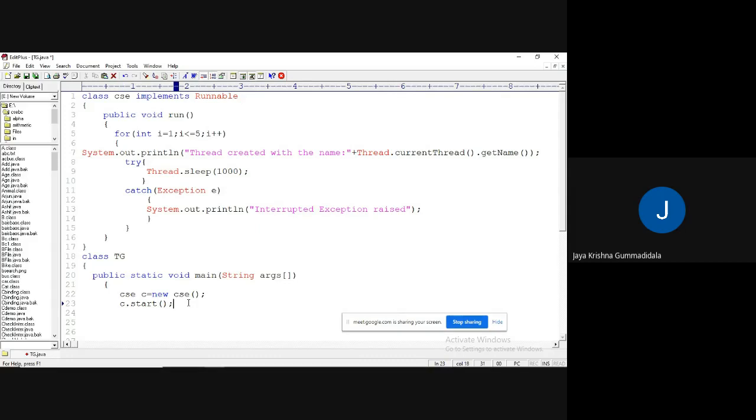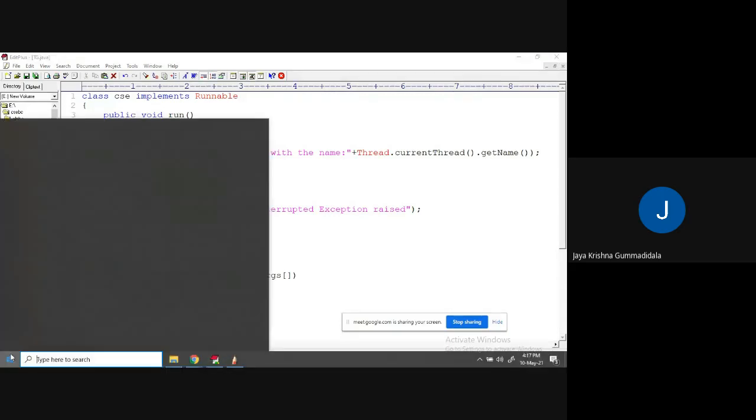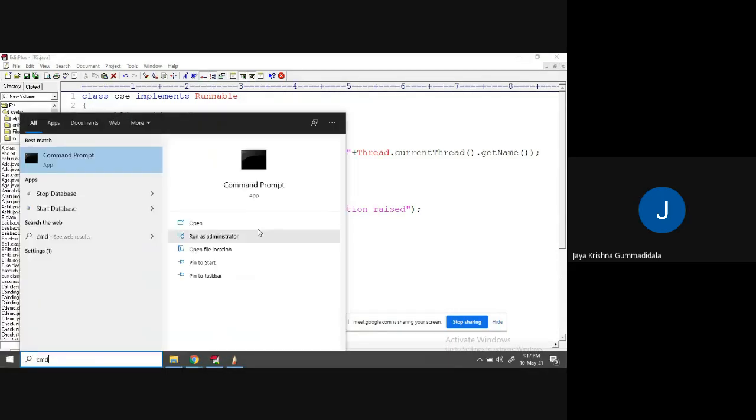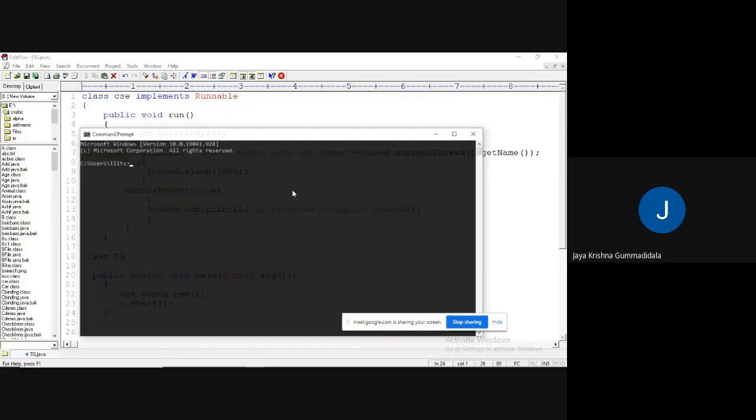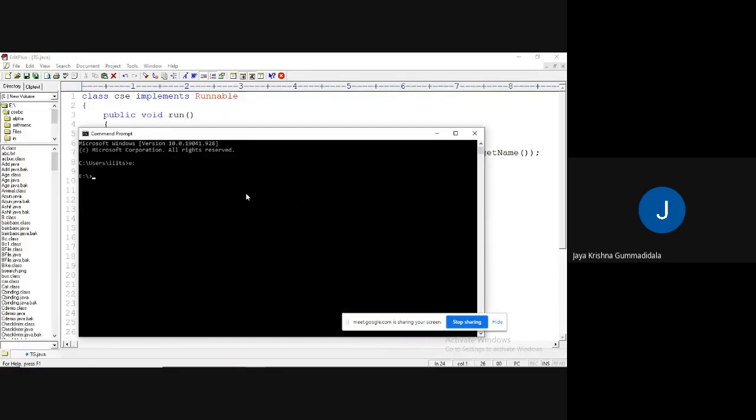No. You are going to get the wrong output. Can you guess why? Because you are trying to implement the run method. In the Runnable interface, we have a method called the start method.